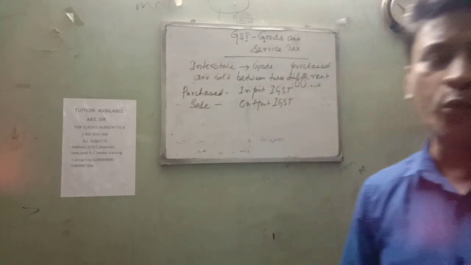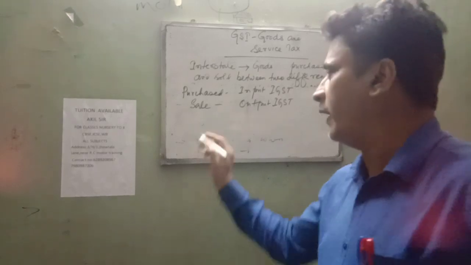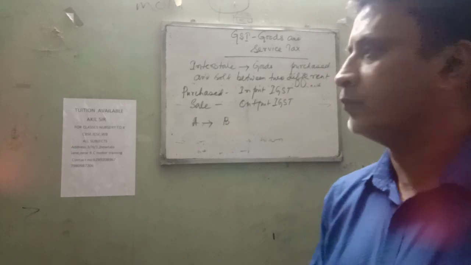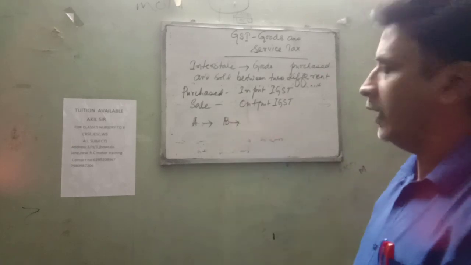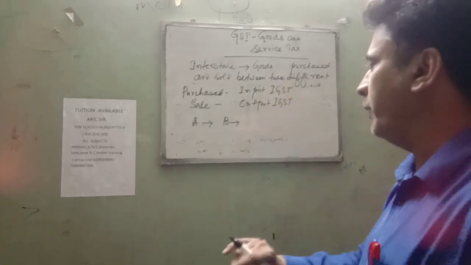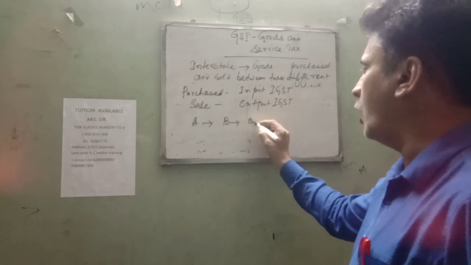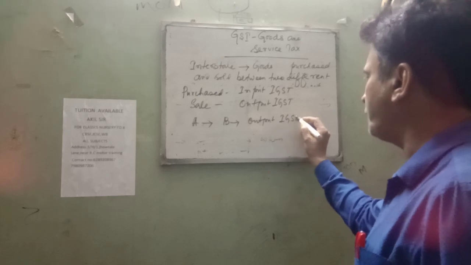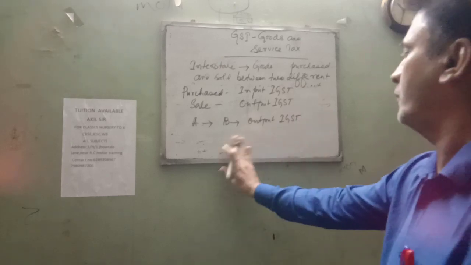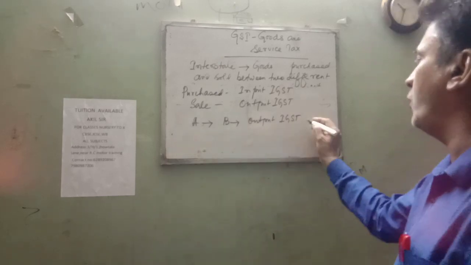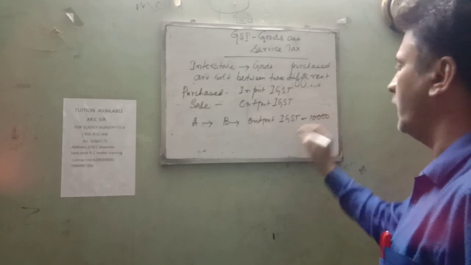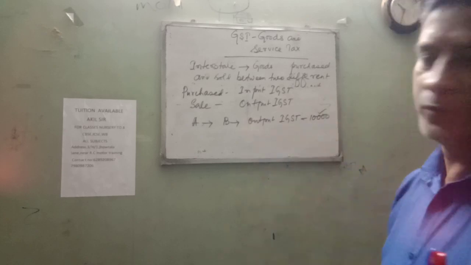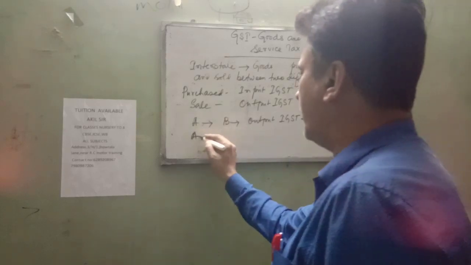अब आउटपुट का मतलब क्या होता है कि मान लो अगर ए डीलर है, अगर वो गुड्स सेल कर रहा है बी को, तो वो टैक्स कलेक्ट कर रहा है। A collected tax from B. Suppose A ने टैक्स कलेक्ट किया, आउटपुट IGST कलेक्ट किया है, मान लो आउटपुट IGST कलेक्ट किया वो 10,000। A collected tax from B 10,000 एंड A क्या किया था, गुड्स